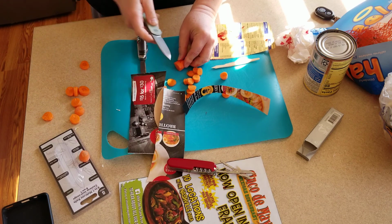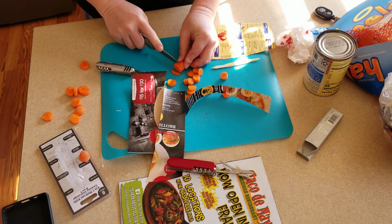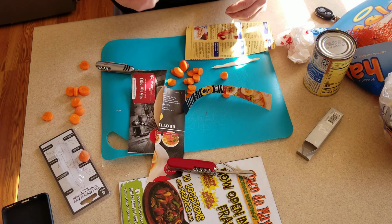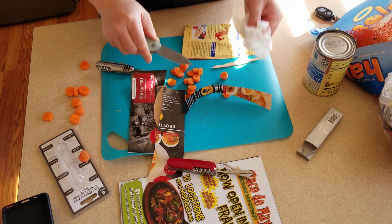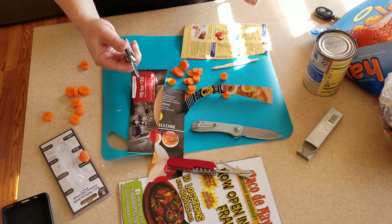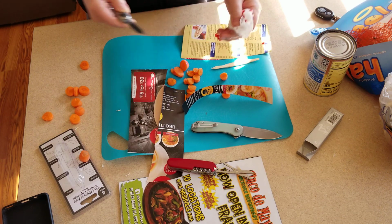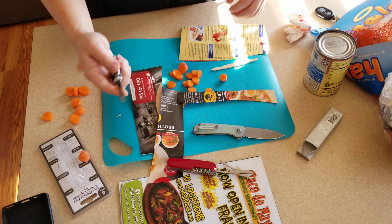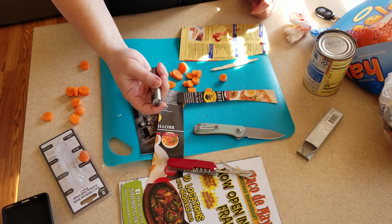Let's try this carrot. See how that cuts. Yeah, the Victorinox is actually cutting. This is more like breaking into the carrot. But anyway, so for $1, I would say this is a good companion for your stand next to your chair or on a coffee table